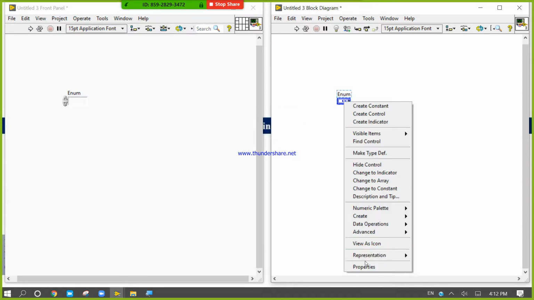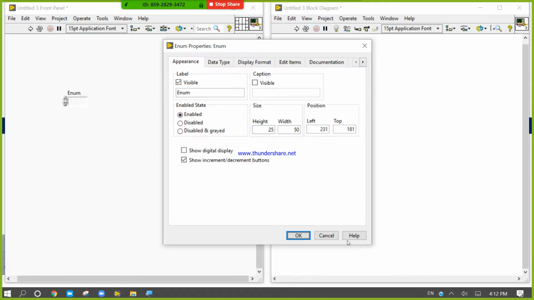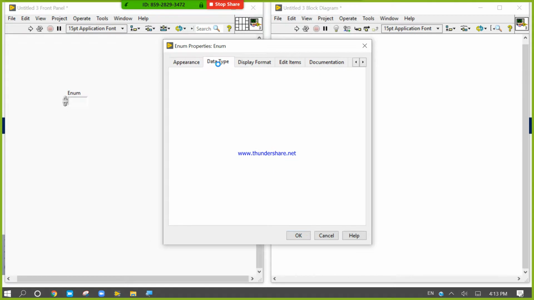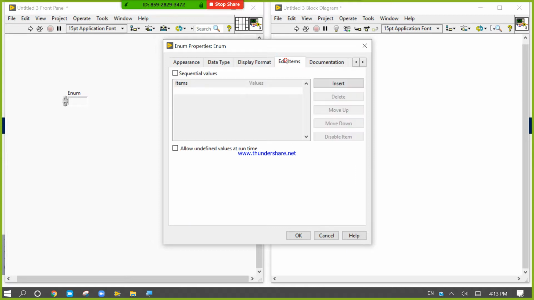Right click here, come to the property. When you come to the property you will get the enumerate property window. You can access the appearance, but no need to change it. Click on the data type, click on the display format, click on the edit item.